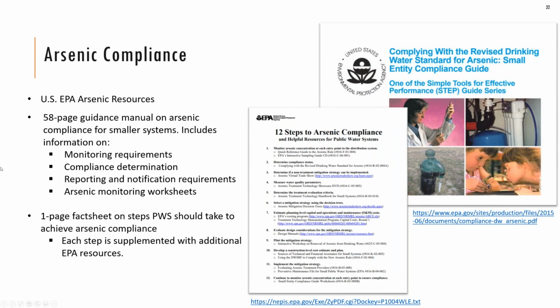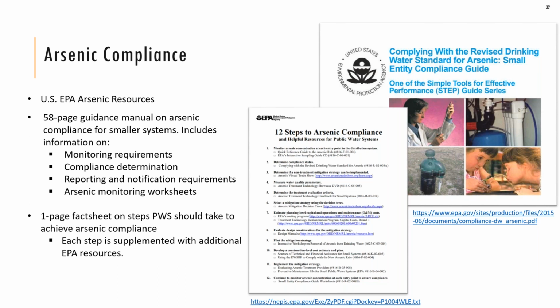Arsenic is another contaminant within the chemical contaminants rule, but it also has its own arsenic rule, which requires additional monitoring beyond compliance with the chemical contaminants rule. Similar to nitrates, if the arsenic concentration in any sample exceeds the MCL, water systems may be required to collect a confirmation sample. And if the average of the confirmation sample and routine sample exceeds the MCL, systems will be required to increase their monitoring frequency and report this to the public.